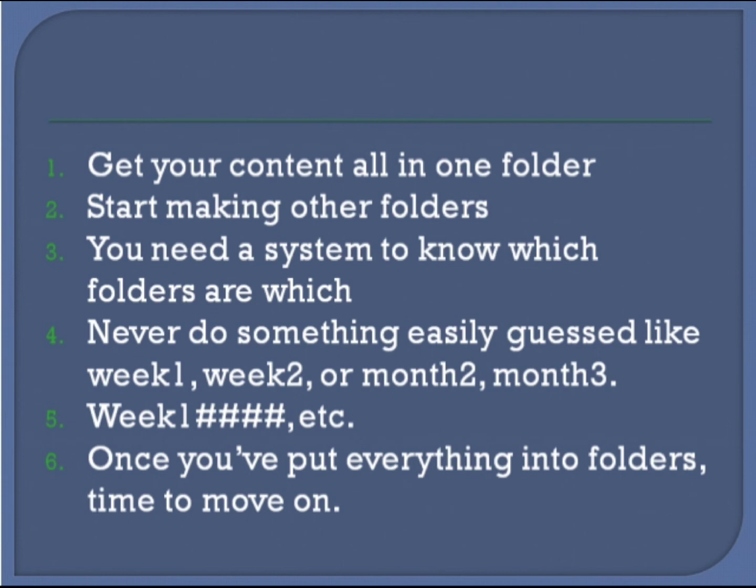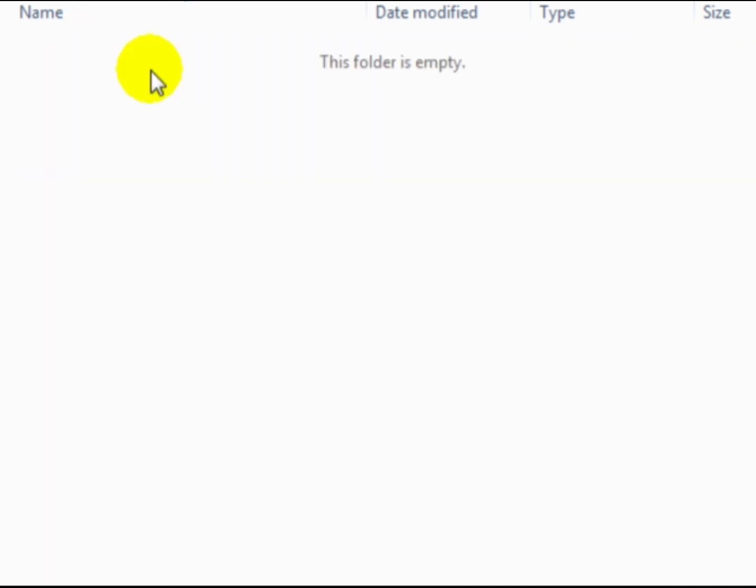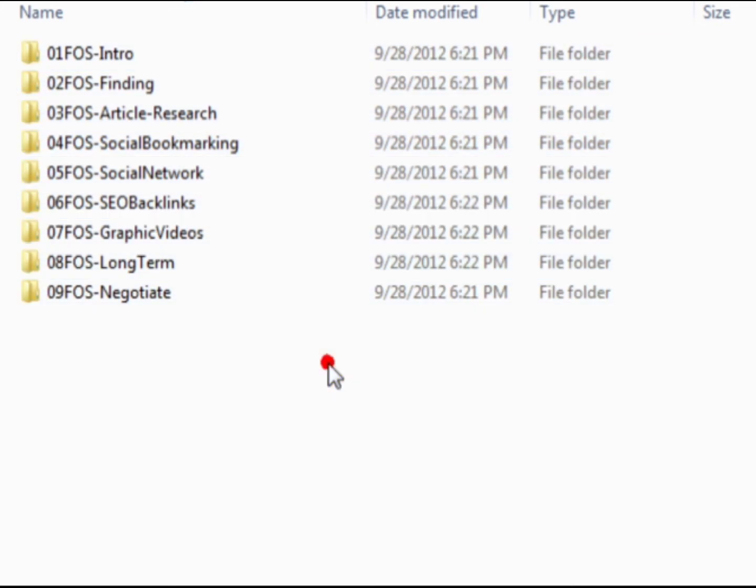and organizing it. The first thing that I recommend that you go ahead and do is to create a folder with the name of your fixed term membership site or the theme, and then add all of your content in this folder. Okay, so I went ahead and copied the content over to this folder, and let's say, for example, that I